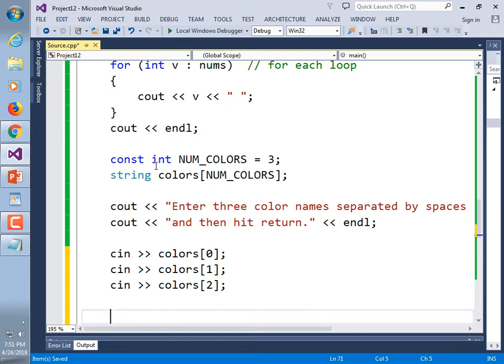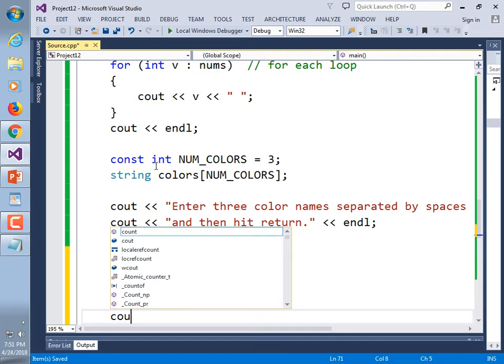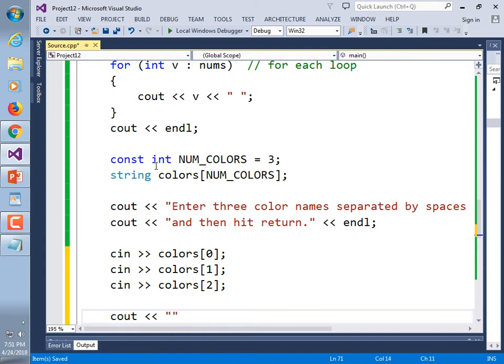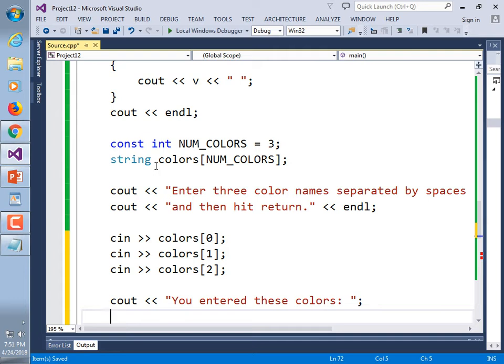Now we ought to print them back out. We could use a for loop. So cout << "You entered these colors: " and then let's use a for each loop. That's the shortest syntax. So for, parentheses,